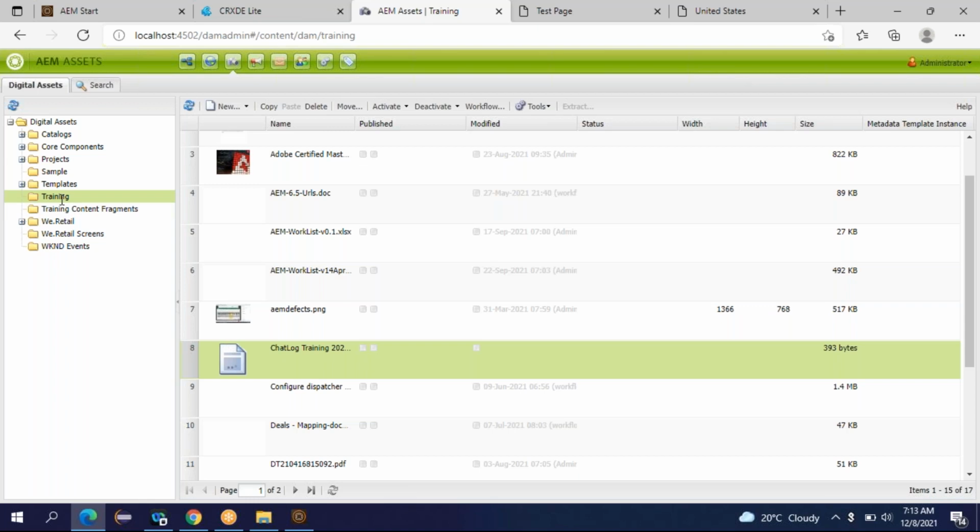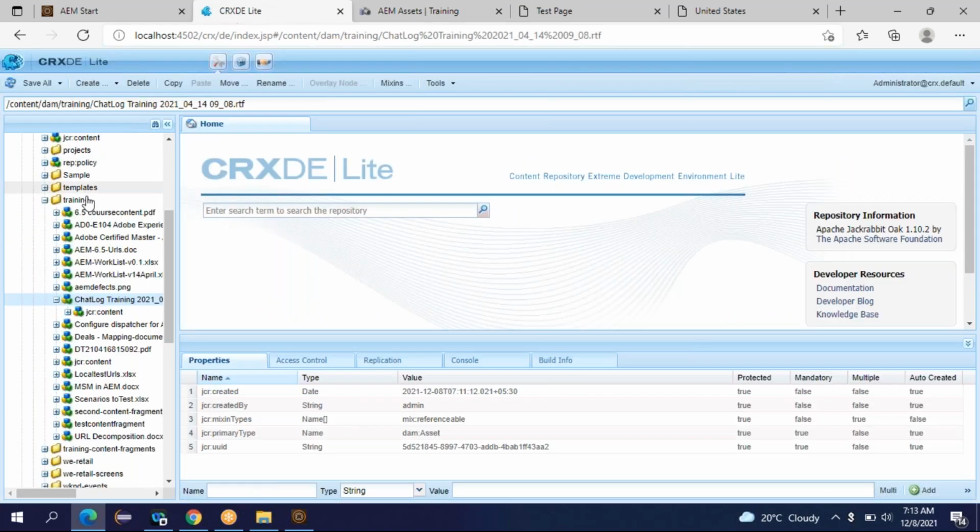Is it possible? Yes, it is possible, because everything is there in the DAM, and this is the place, content DAM. Whatever is there, you can access from the training site, from the WE retail site, from any website you create.